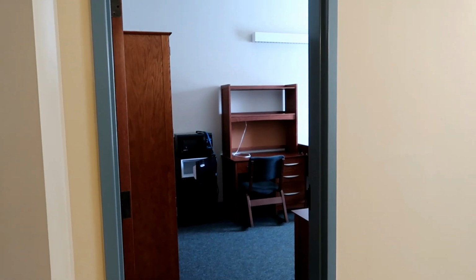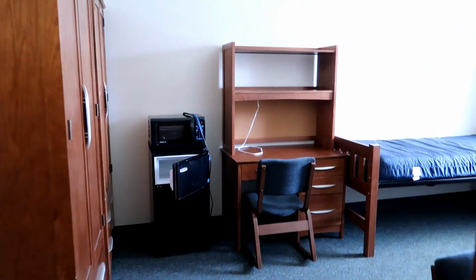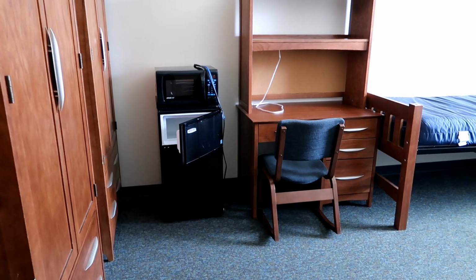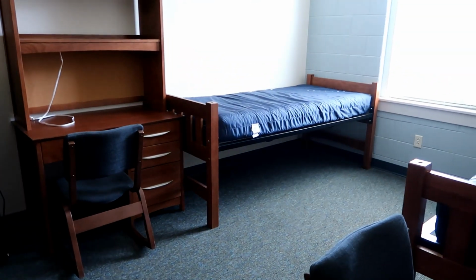Move-in day, Warwick Hall. Here's what you get. You have a desk, your bed, your storage,